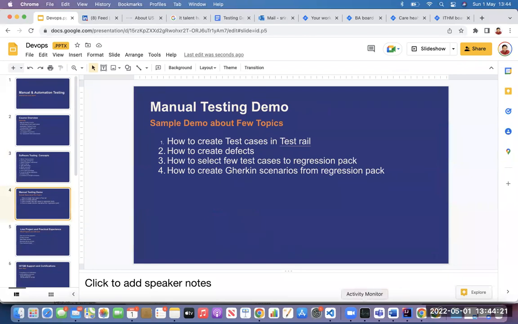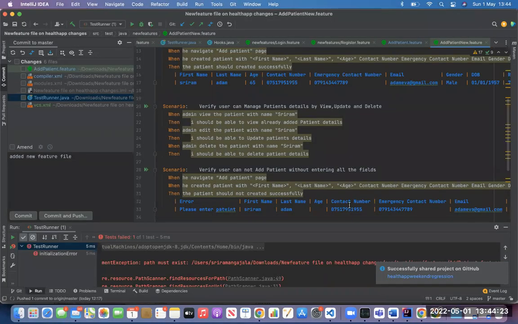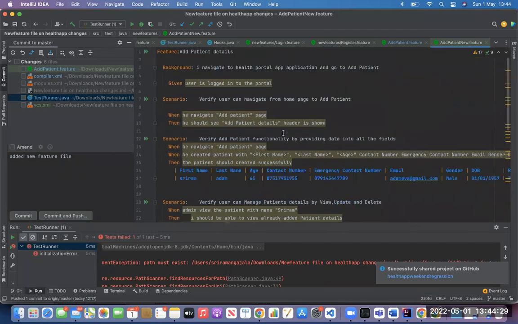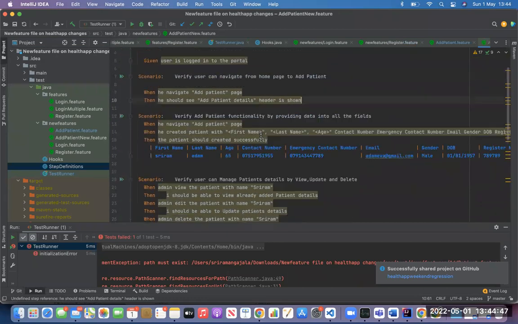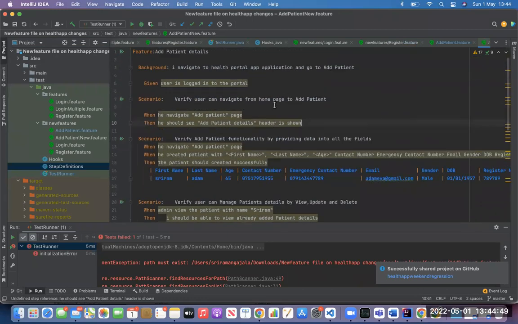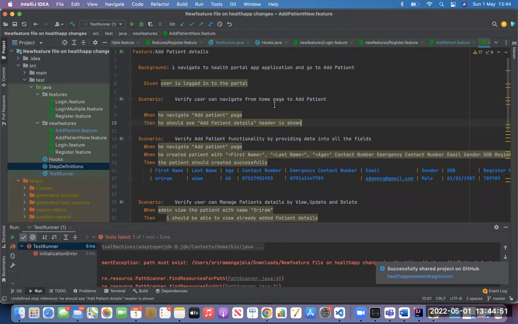Let me show you some BDD that one of my students has done. Okay, Ravi, are you here? Hi, Ravi. Yes, sir. Hello, sir. Yes, I'm here. Yeah, guys, just to give you some additional information, I have Ravi who is doing the current batch, and this is the work that he has done. Okay, and can anybody guess what this is? What is this that you are seeing on the screen?